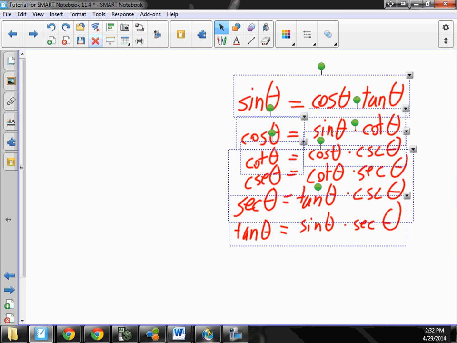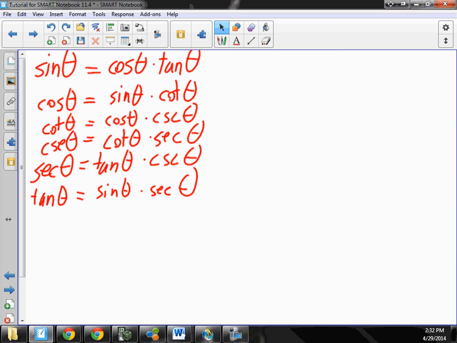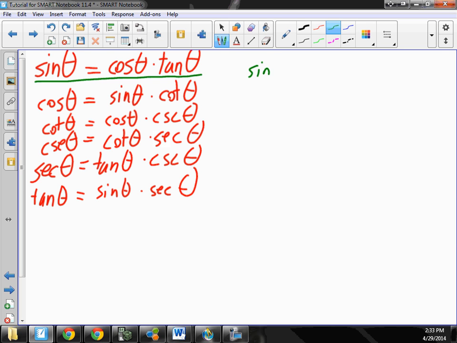Okay. So here are all the product identities. We now need to prove each of them. I don't want you to rewrite them. So let's prove the first one. Down below, I just want you to write sine of theta is equal to